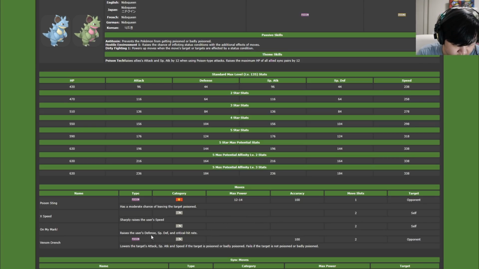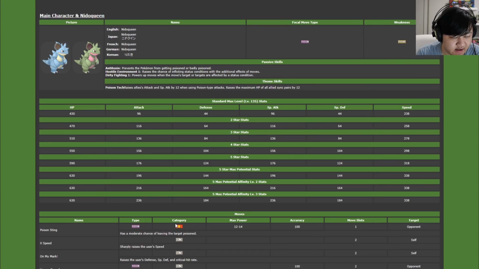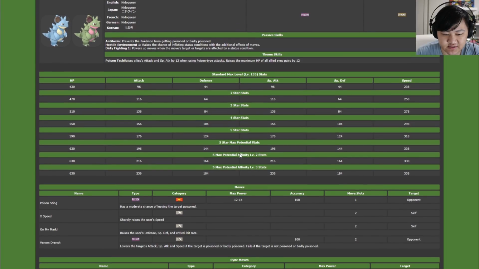You got On Your Mark, which gives you some defenses, which is nice, I guess. And then you have Venom Drench, so it's basically Janine, except in my opinion, probably a bit better, just because it's much easier to poison the opponent yourself with Nidoqueen, so you don't have to run another poison unit, right? Because again, poison, sting, hostile environment one, obviously the chance of poisoning is very, very good there in comparison to what you'd have with